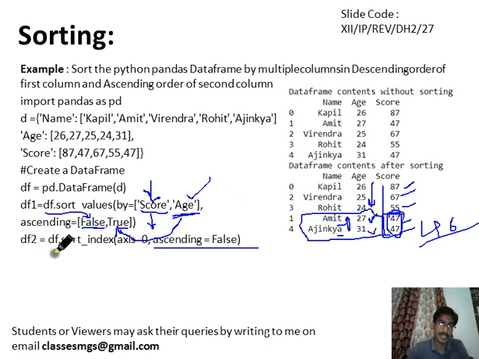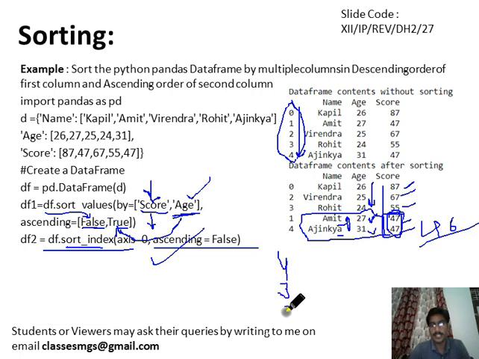Now we will look at another method, df.sort_index. Let's suppose this is the data frame, and the index is 0 1 2 3 4. If you want to arrange this data frame by descending order of the index, so that the fourth index comes at the top, then 3, then 2, then 1, then 0, in this case you should apply the sort index method. It will print 4 at the top, 3 second, then 2, 1, and then 0, because it is in descending order.